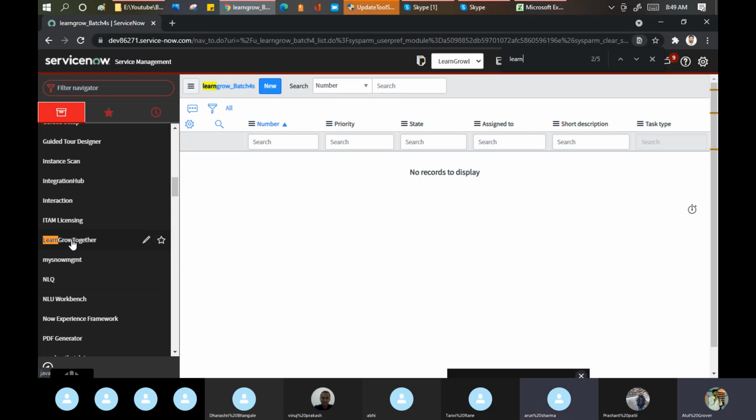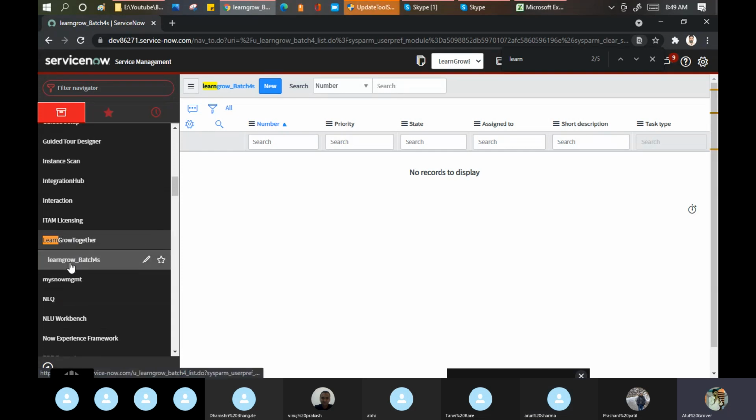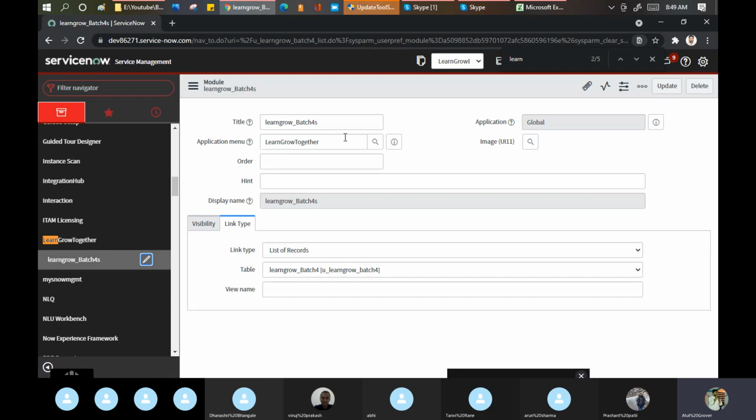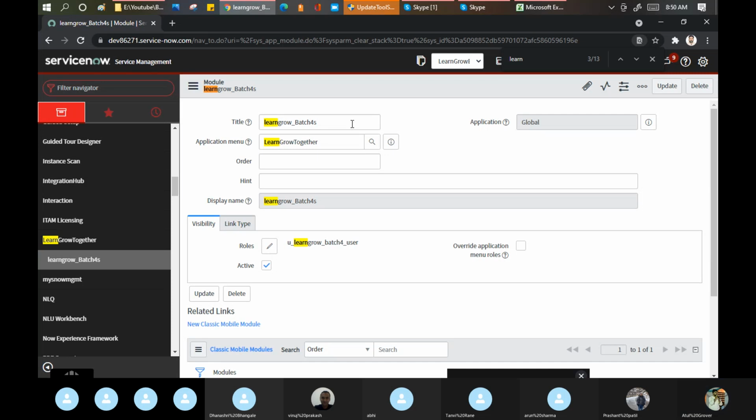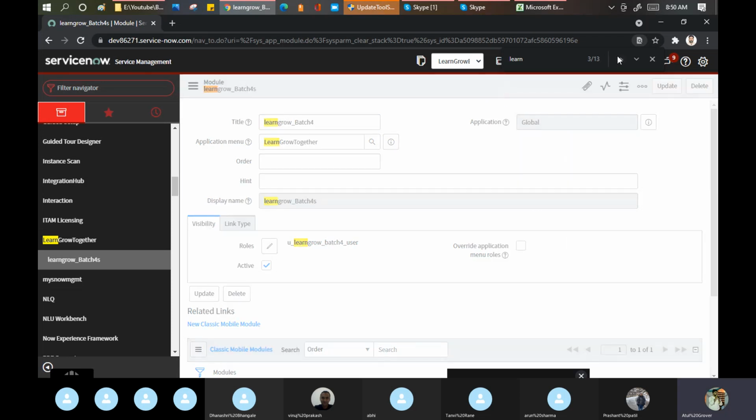Okay, this is the one thing: I created one application and got one module. This S is coming out of the box. ServiceNow considers this as a plural always. So you can remove this S by clicking on the pencil icon of the module, and you can remove this S. Now save it. Now what next I want to show you here is basically...